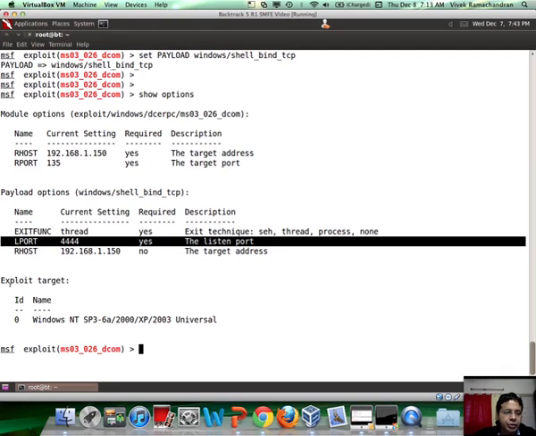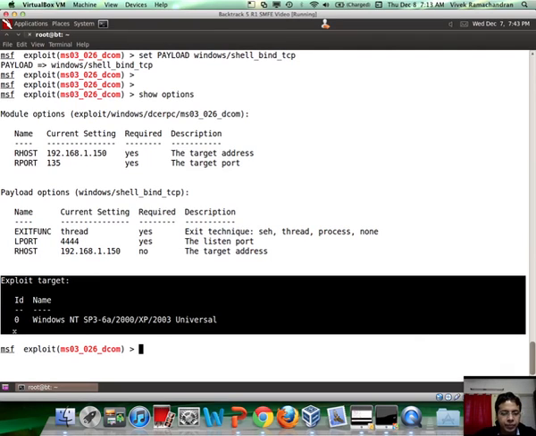Now, in many cases, you may also have to set a target. What I mean by this is, let's say you have the same vulnerability, however, the way in which we exploit it or something called offsets could be different for different operating systems in question, right? We'll come to all of those complexities a little later. So there's just one universal target which is fantastic, which is it works for all operating systems which are vulnerable to the current problem. So at this point, all we are going to do is hit exploit,